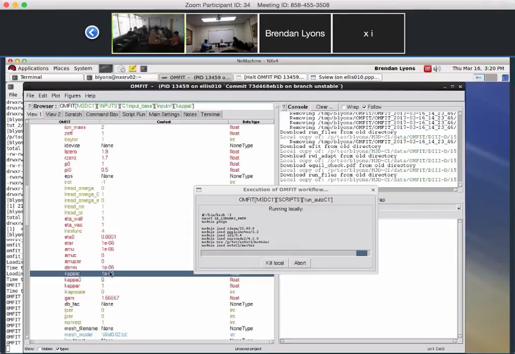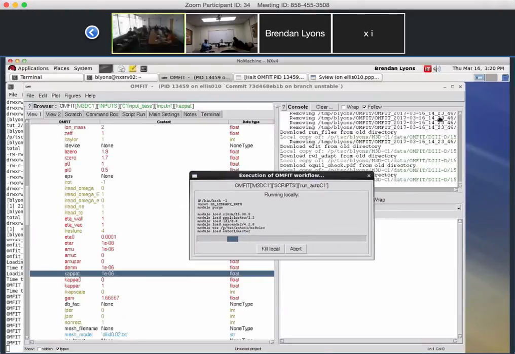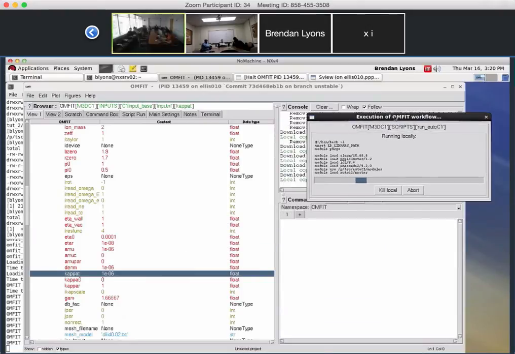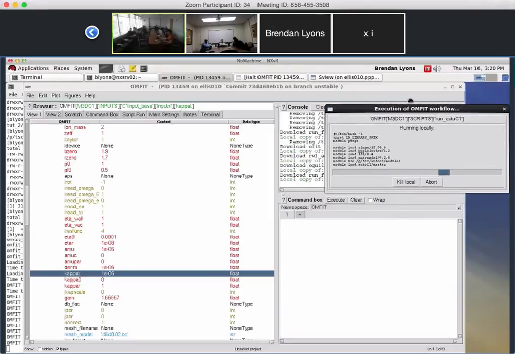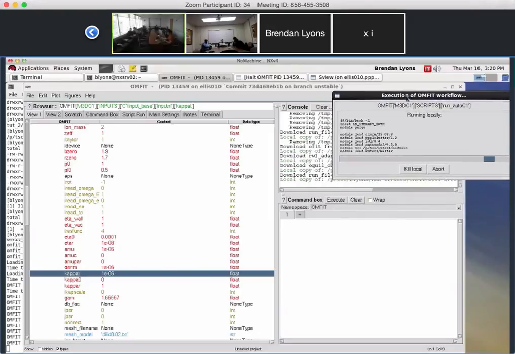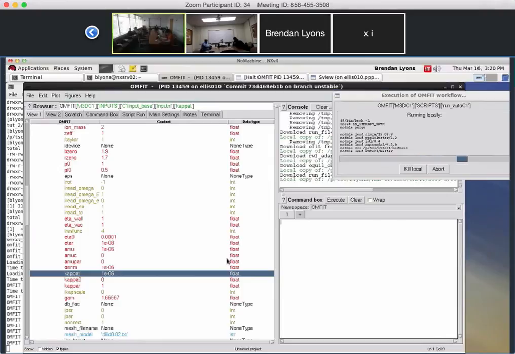I've got kappa T, right? So you have to have some experience using OMFIT. I'm not going to go into the details. If there's a strong desire to learn more about it, at Princeton, I think Orso would probably be happy to eventually do a tutorial for everything. But just as a quick example, let's say I want to change kappa, I want to do 1E